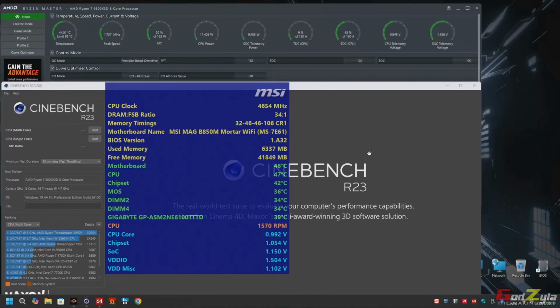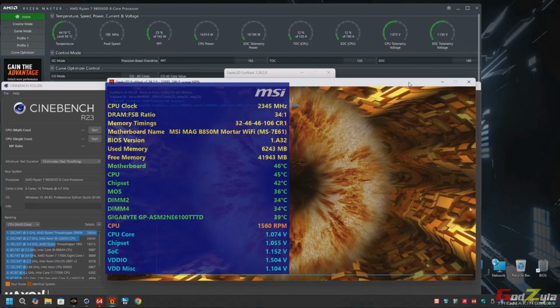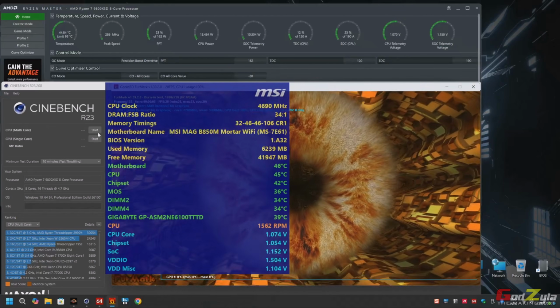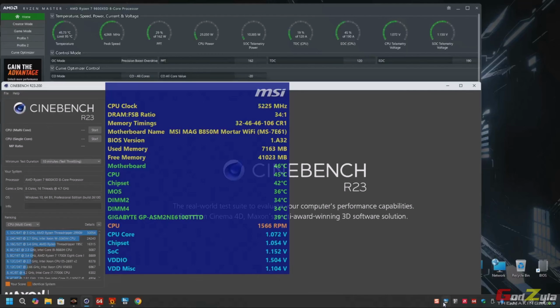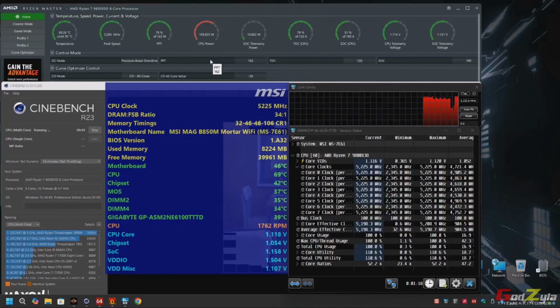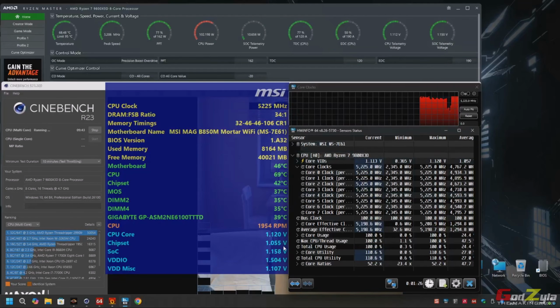Okay, we're going to load the firmware. Alright, everything is done, so I'm just going to run it. As it runs, I just pull this out. Everything will be the same as usual, nothing much to worry about on the PBO2 and the curve optimizer or the curve shaper. Take a look at the SoC. On Ryzen Master it is 1.150, and on Aida64 it is